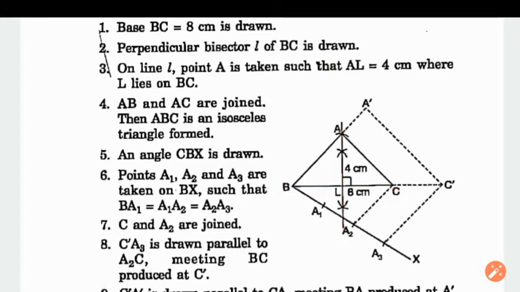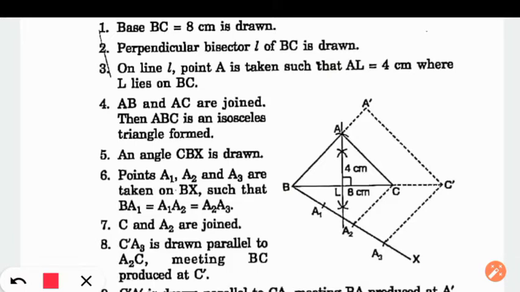Now how to draw the perpendicular bisector? Take more than half of the length BC with the help of the compass. Put your compass at the point C, draw one arc here and one arc here. Now with the same arc, put your compass at the point B, and cut this arc here and cut this arc here like this. So you will get two arcs; join these two arcs, and you will get the perpendicular bisector of BC. Now the perpendicular bisector of BC is drawn, which intersects BC at the point L, okay?